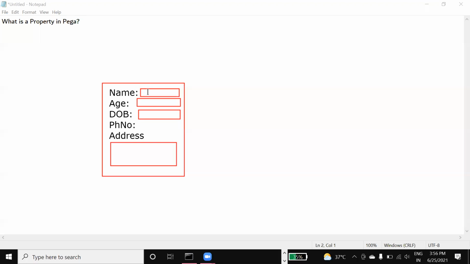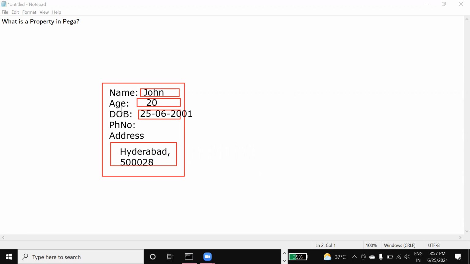Let's say I give the name John, the age 20, the date of birth 25/06/2001, and the address Hyderabad, 500028. So now where will this data go?